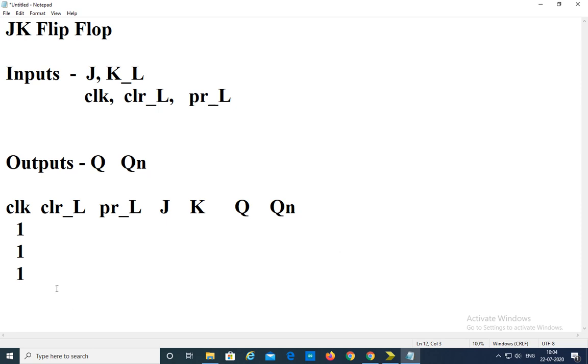So now we'll see what happens to the flip-flop outputs when the input clear is equal to 0. What is the meaning of clear underscore L is equal to 0? It means active low, means 0. For 0 it is going to be activating, and the output of the flip-flop is going to be 0. Now it is clearing, so that is Q is equal to 0 here.